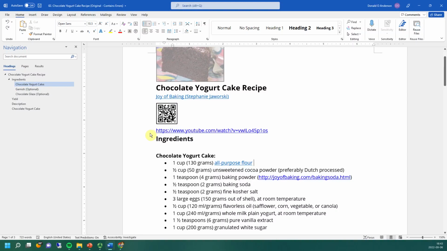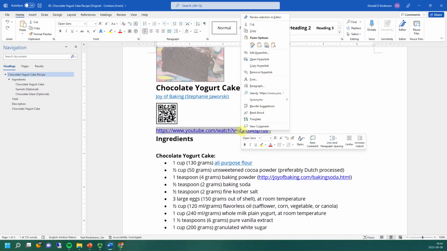For instance, if they need to use a screen reader or they need to use the ReadSpeaker TextAid browser extension to have the document read aloud to them. And it's also helpful if students have an unforeseen medical emergency or have to miss your class for another reason, they're able to quickly go into Canvas and get access to the documents that they need. Let's make sure that the information is there in both forms, both the URL that students would need to be able to type in themselves, and also the title of the video so that it's clear to the screen reader user what it's going to send them to.